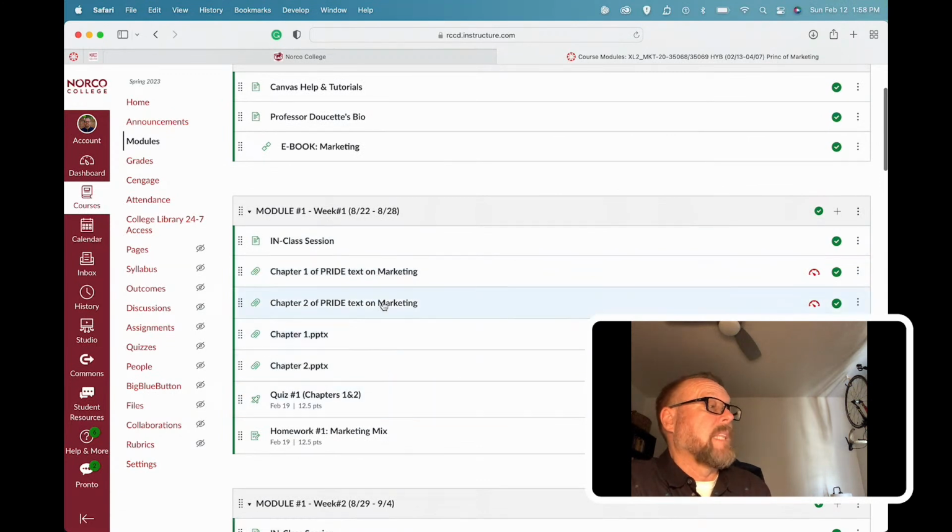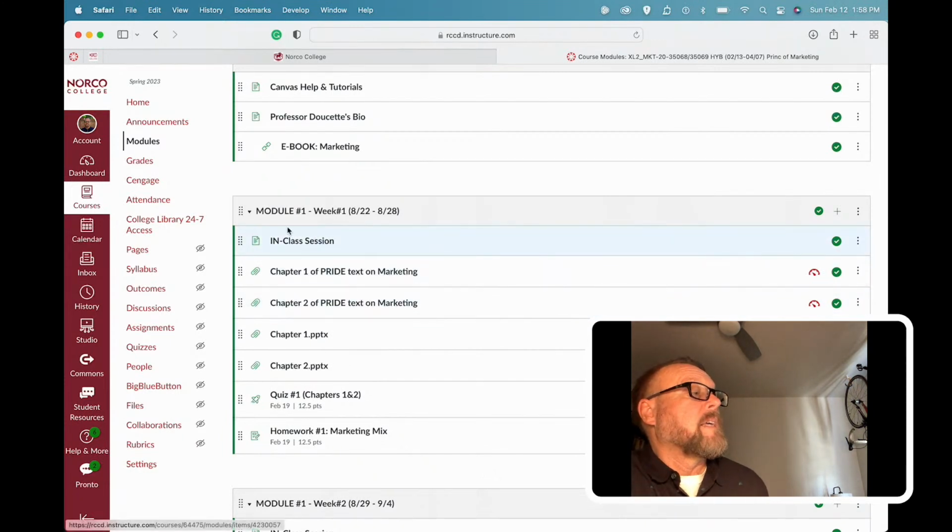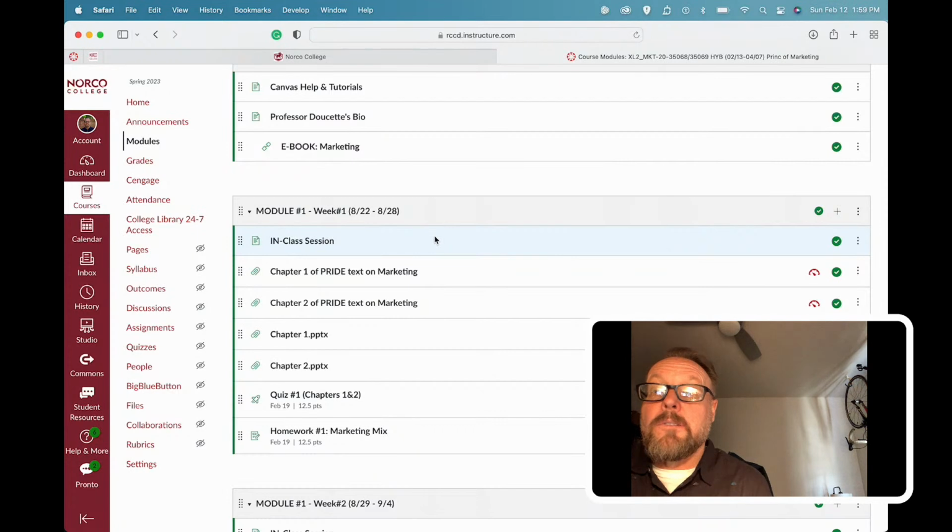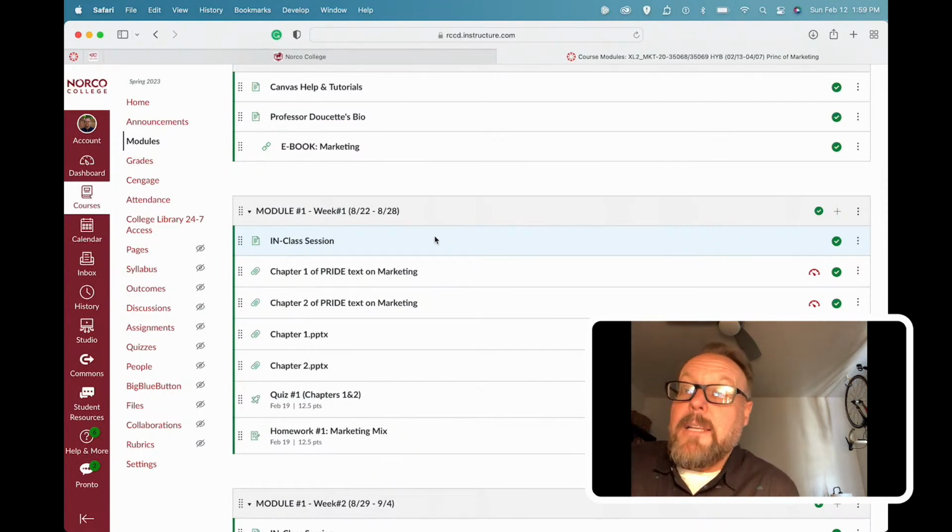Now, I don't have this completely laid out yet because I'm having to convert it from an in-person class only to now an online and in-person. So what you're going to see tomorrow is, and it's going to say on here, online only, if there's an assignment for you that's not required for the in-person students. So there's going to be an initial check-in assignment that you'll have to do if you're an online student that lets me know you plan on participating.